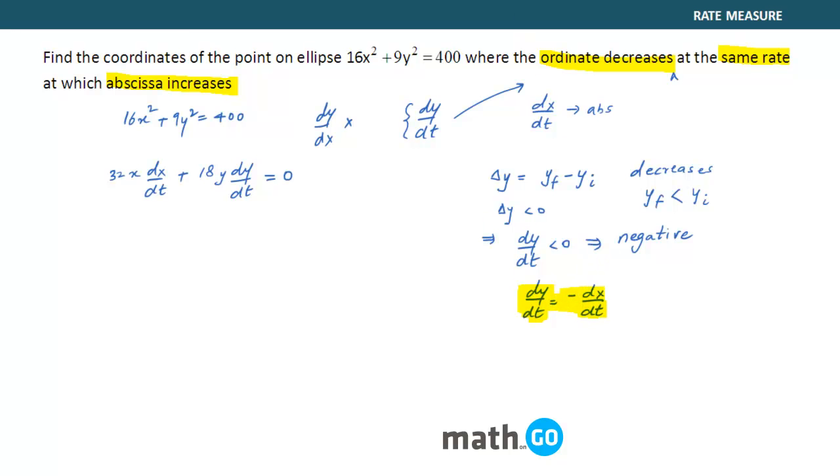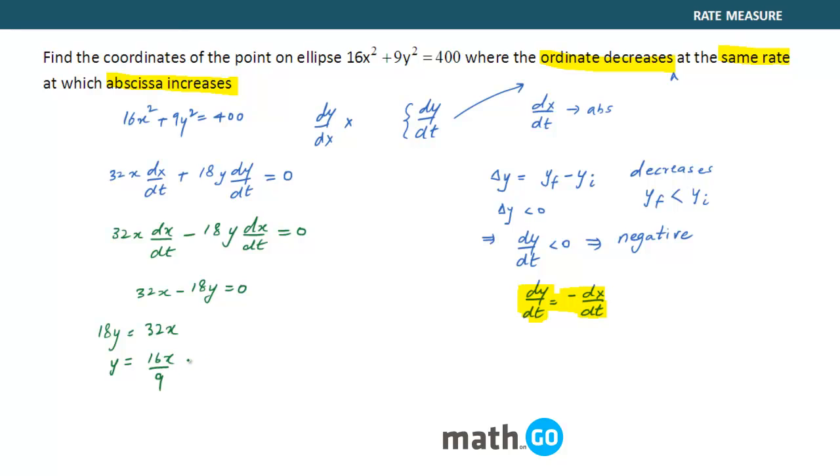So you just replace this over here, and it becomes 32x dx by dt minus 18y dx by dt, right? Now you can take dx by dt common because we know that it is changing, so it cannot be equal to 0. What you are left with is 32x minus 18y is equal to 0. We were being asked to find the point, so now we need to target the point. This becomes 18y is equal to 32x,